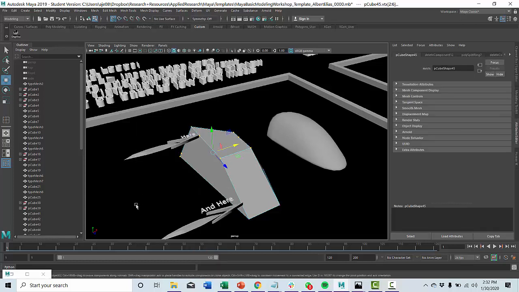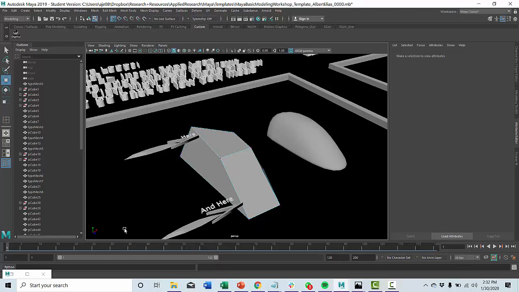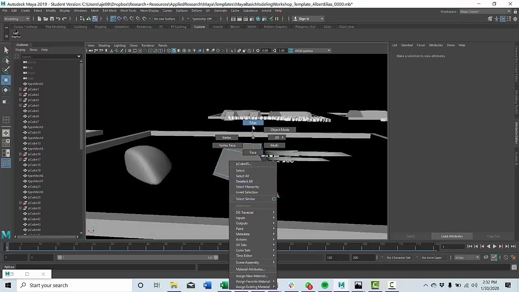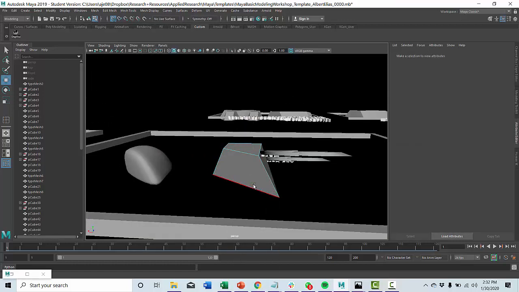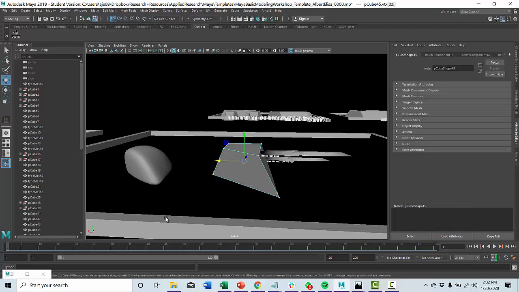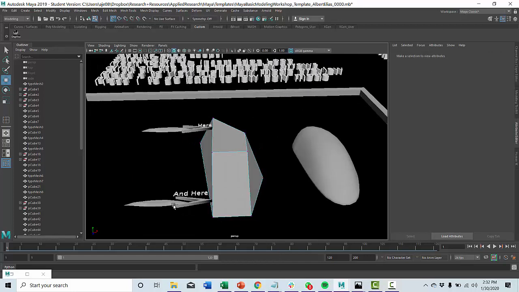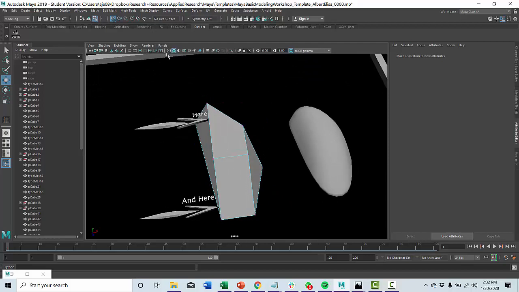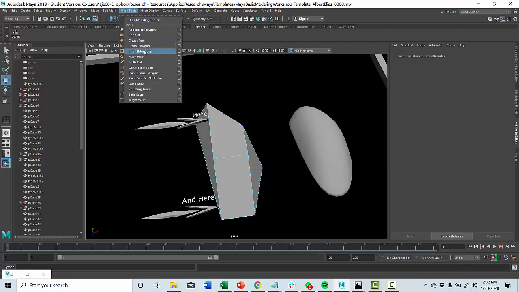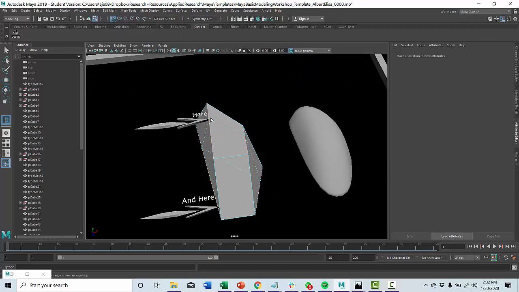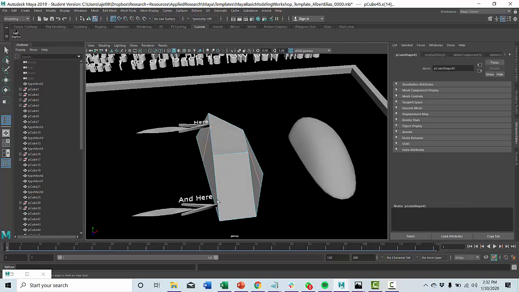Maybe we still have, because I undid. Make sure you delete all of your edges. I missed an edge. Okay, so Mesh Tools, Insert Edge Loop, right? And I'm going to put one here,